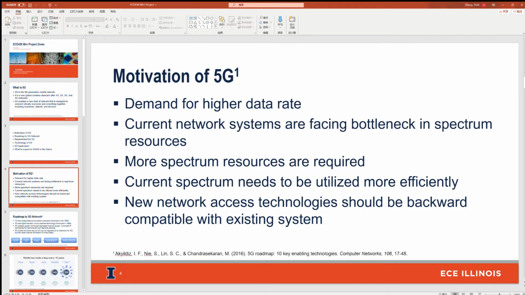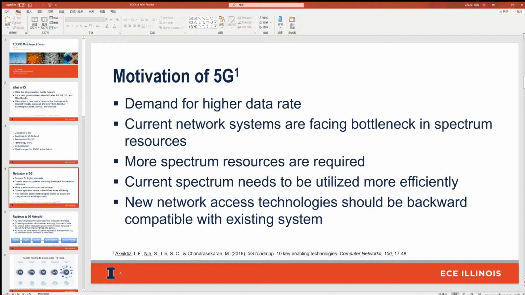So over the past decades, the demand for higher data rate has been continuously growing to satisfy the consumer's desire for a faster, safer, and smarter wireless network. The industry of wireless communications has experienced a great evolution in efforts of boosting system performance and data rates. However, a significant paradigm shift is required to further strengthen the wireless communication network since the current wireless systems are facing a bottleneck in spectrum resources, which makes it difficult to enhance performance in the limited available bandwidth.